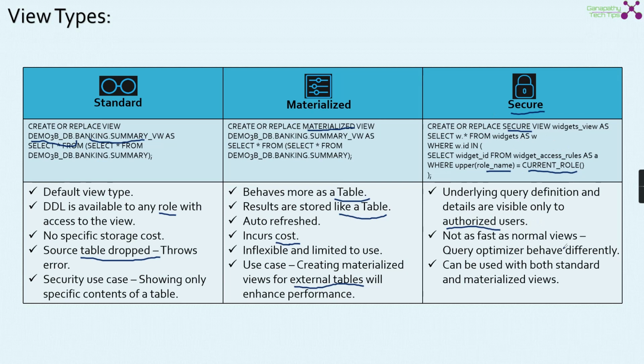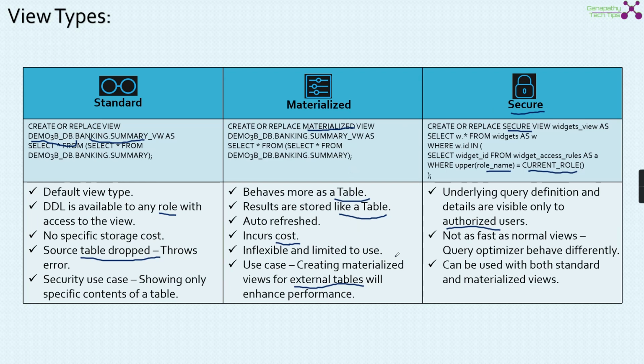Not as fast as normal views. The query optimizer behaves differently. Why? Because the query optimizer will do all these mechanisms. Say it's a secure view, then what are all the roles I need to give access to? All these internal mechanisms will be dealt with by the query optimizer. That will add more latency in terms of query performance. It can be used with both standard and materialized views, meaning I can create a standard view and also a materialized view as a secure view. So secure is all about adding an additional layer of security on top of the view. Hope you got a fair idea and